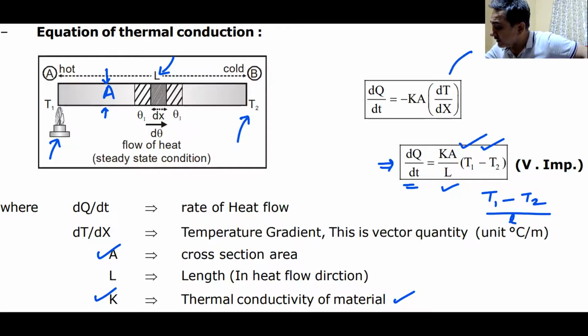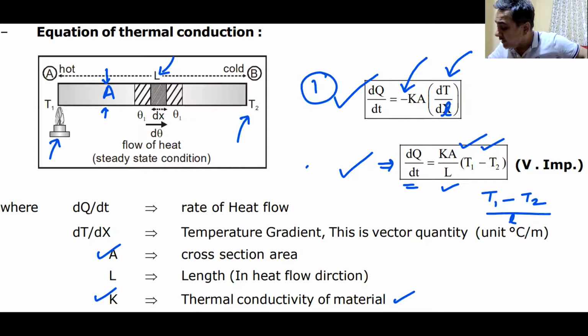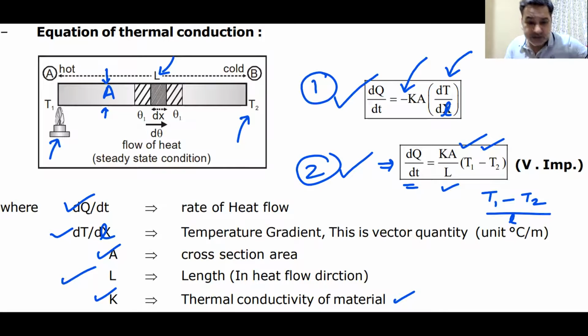The same equation is written in terms of temperature gradient, d theta or dT by dL. Do we understand this? Why is this negative sign coming? Because as I move from the higher end to the lower end, the temperature falls down, and therefore this negative sign is given. So what you have to do is write this equation as equation number 1 and equation number 2, and write all these terms. I will give you a minute to do this.